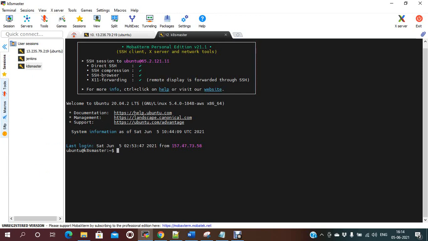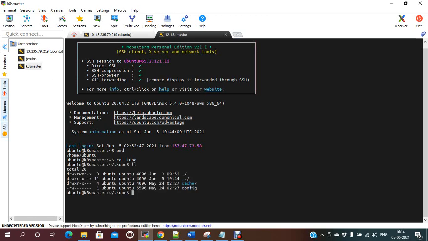Okay, so currently I'm in this folder. If I do cd dot kube, under kube you have a config file. Okay, this is the configuration file. If you do kubectl get nodes, you will get the cluster information, one master and another node. I'm just copying this content.